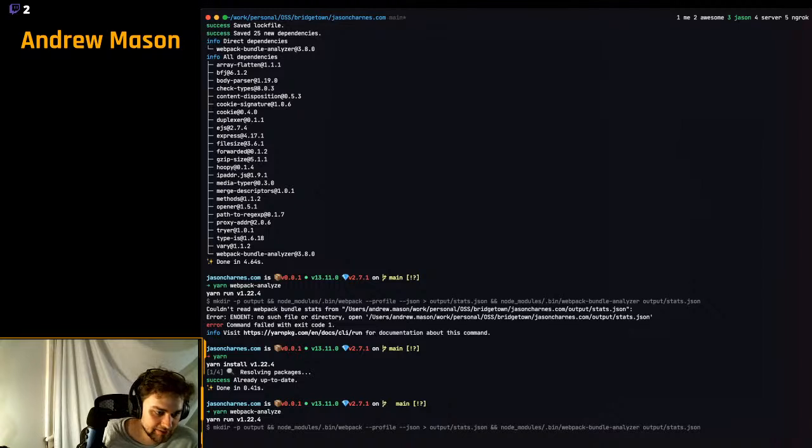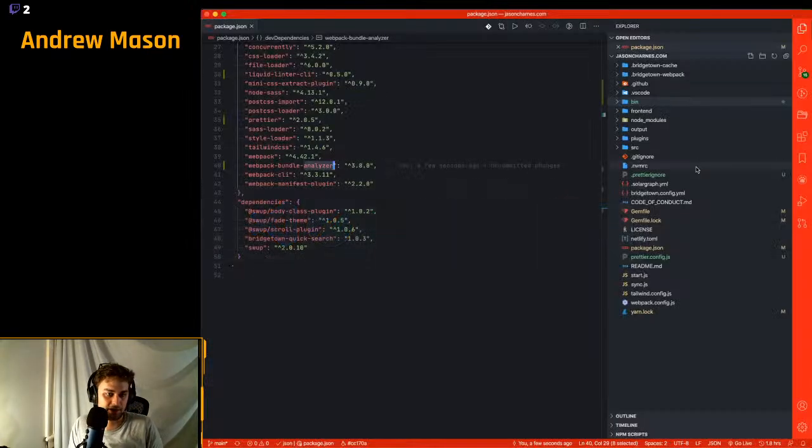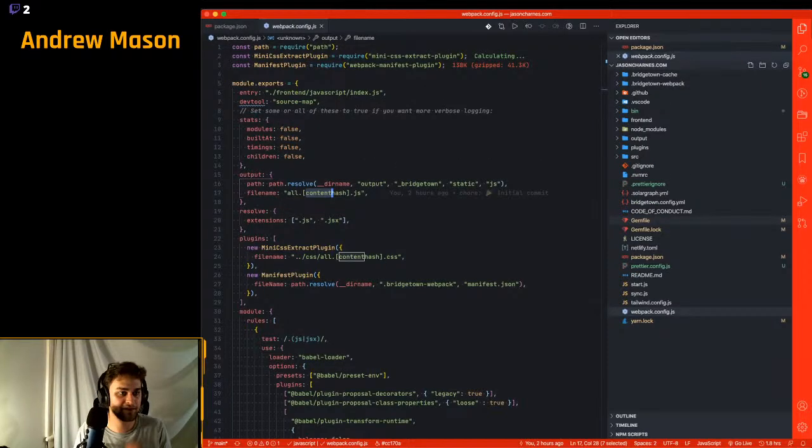Output stats JSON. Well, you couldn't read that because it didn't create it. Duh. node_modules/.bin/webpack --profile --json. Output stats JSON. Whatever. I guess there's something I'm forgetting, and it's not important enough to add, but basically what